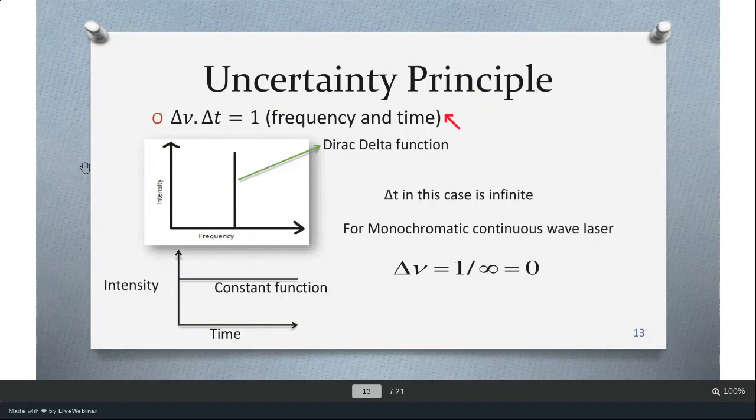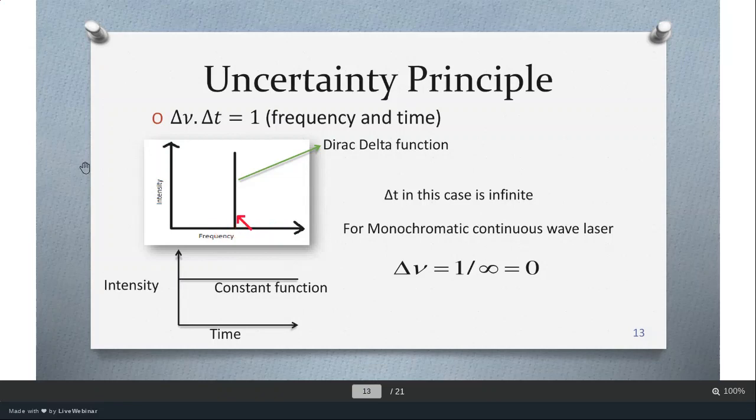Now take the example of a monochromatic continuous wave laser. The laser has a property: it has only one single wavelength, and a single wavelength means a single frequency. So if it has a single frequency, and you draw a graph between the intensity versus the frequency,